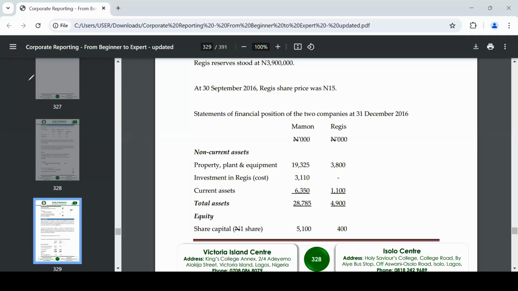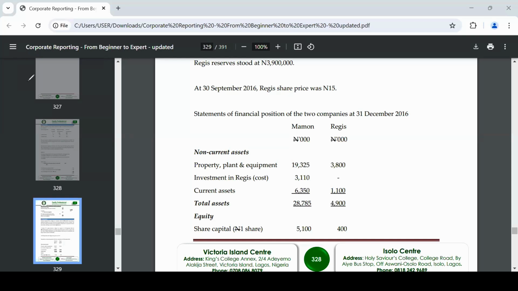It's okay. All right. So what this means, they have given me the share price of the subsidiary. It means the policy is most likely, except they tell me otherwise. If they don't tell me otherwise and they even keep quiet, I shouldn't bother myself. I am going to measure NCI at the full or fair value. That's what it means.